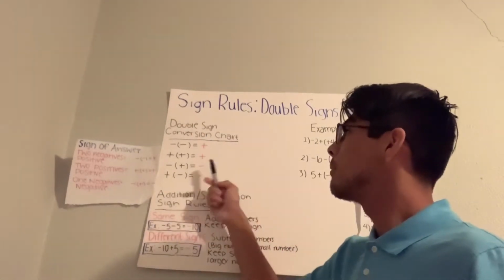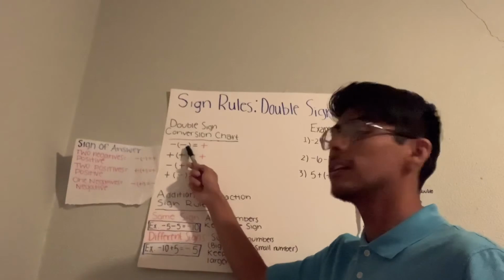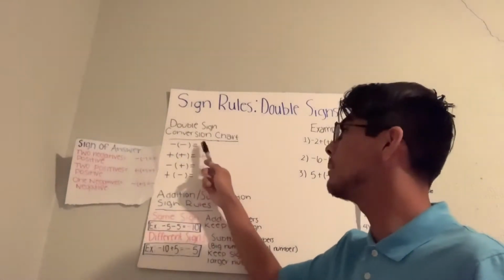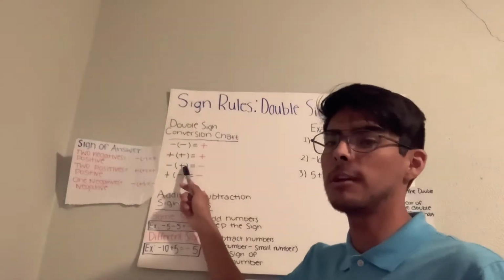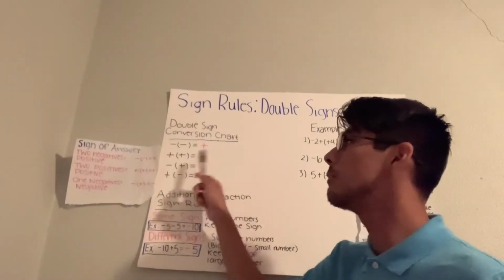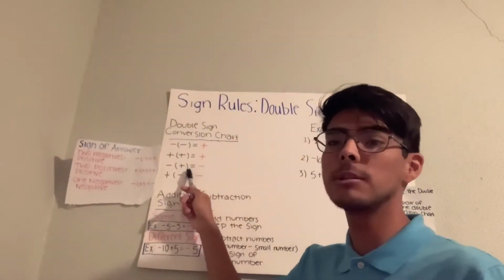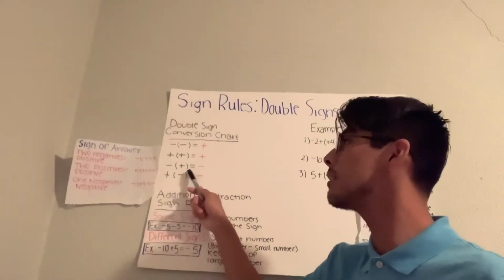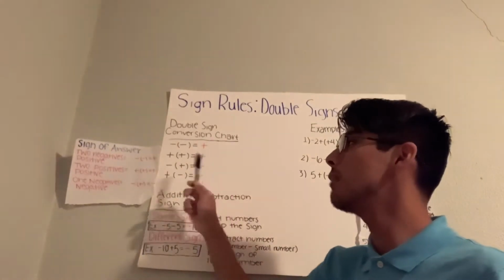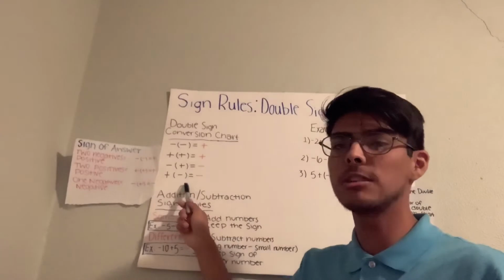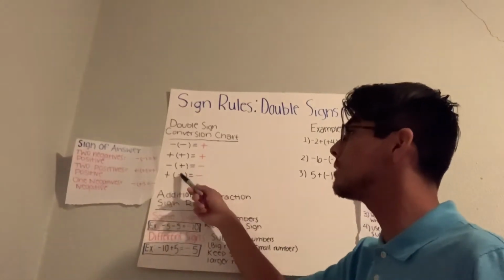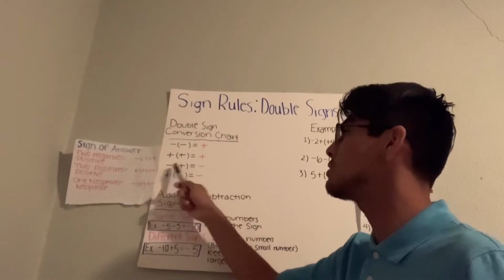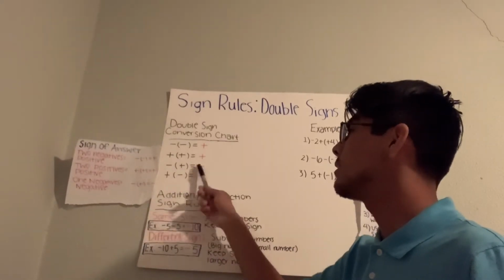So when you have a negative and a negative next to each other, it becomes a positive. When you have a positive and a positive next to each other, it becomes a positive. When you have a negative and a positive put next to each other, it becomes a negative. And when you have a positive and a negative next to each other, it becomes a negative as well. So these last two are just switched up. It's still the same concept,